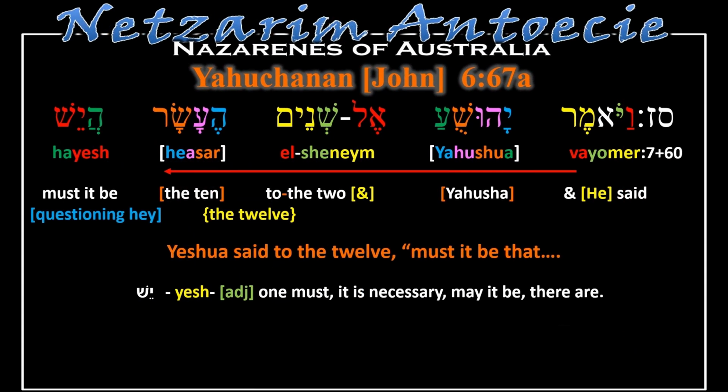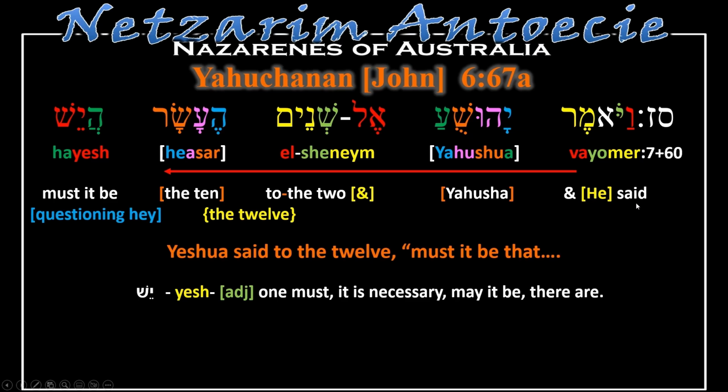We now begin in 67, and it's represented by a Samek, which has a value of 60, and a Zayin, a value of 7. And then we go through the letters as we do each week. Vav, Yod, Aleph, Mem, Resh, Yod, He, Vav, Shin, Ayin, Aleph, Lamed, Shin, Nun, Yod, Mem Sofit, He, Ayin, Sin, because the dot's on that side, Resh, He, Yod, Shin. And we see that the Aleph here is in white, meaning it is not pronounced. So we read,